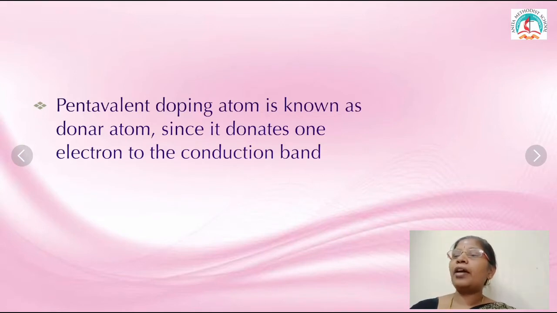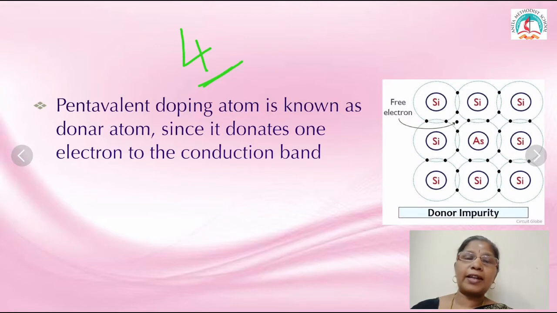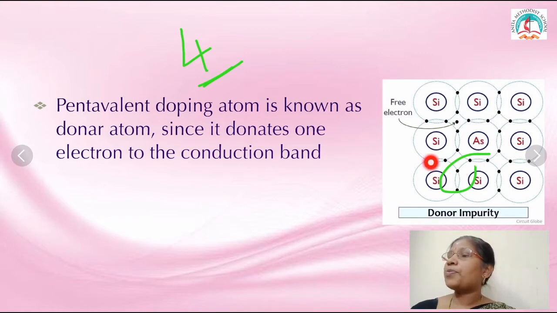Okay. So in pentavalent doping, it has 5 valence electrons, so one is extra. So this is a donor atom. It donates 1 electron. Where is it donating? To the conduction band. So this is a donor atom. You see the diagram, arsenic is added here. Silicon or germanium, both have an outermost valence electron count of 4 only. So that forms a bond on this side. When it forms a bond, only 1 electron remains, which is a free electron. So automatically it donates the electron to the conduction band side.